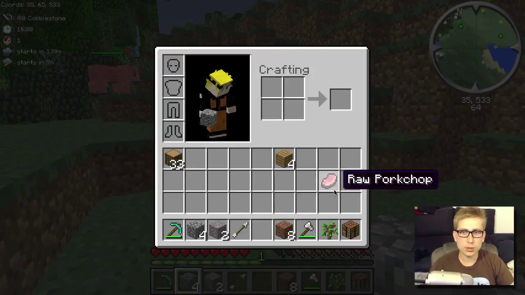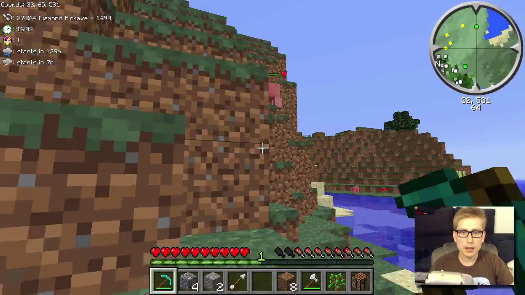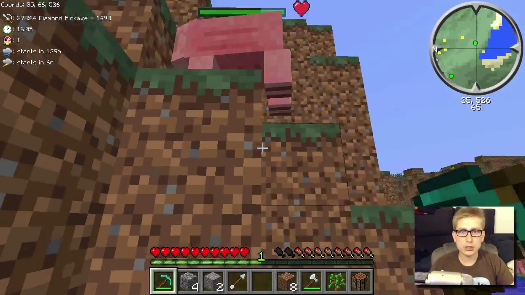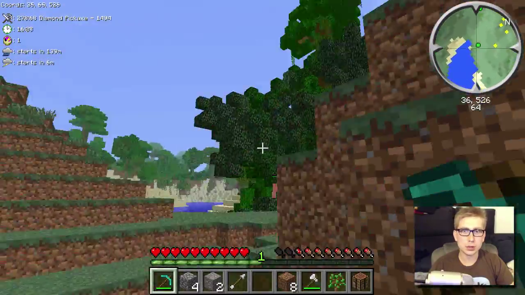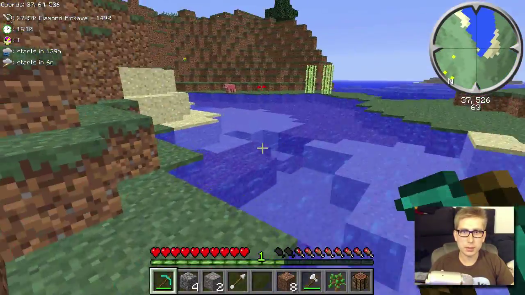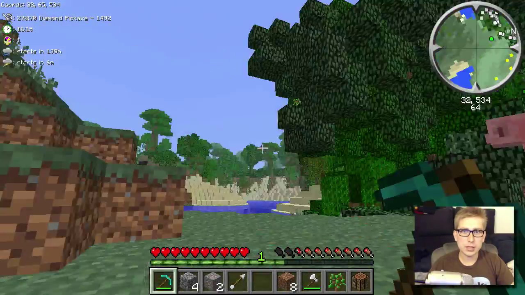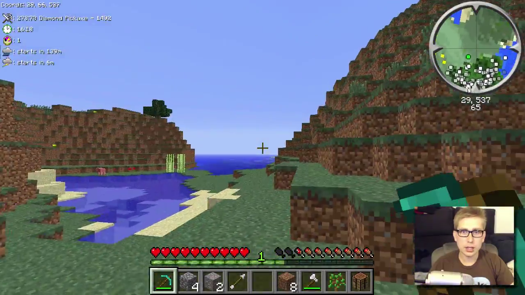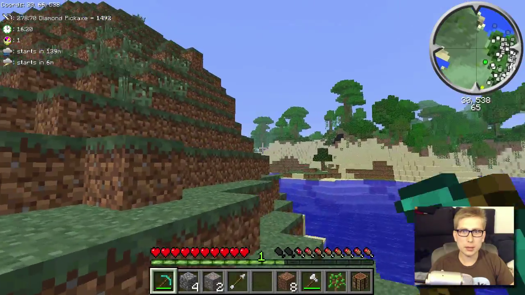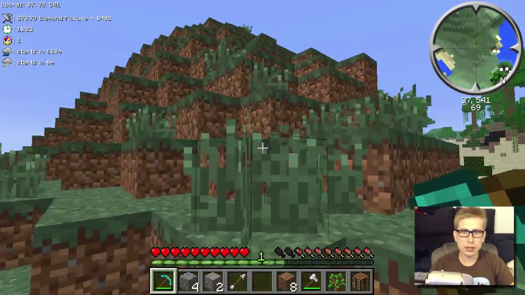Ooh, I got some raw pork. Oh, I don't even have a sword. So basically that's what you do, and you just play and do what you've got to do, get yourself a pig, get yourself some food and all that stuff. I just have it on far view, and you can see, it's fairly decent. So if I go on top of this mountain here,